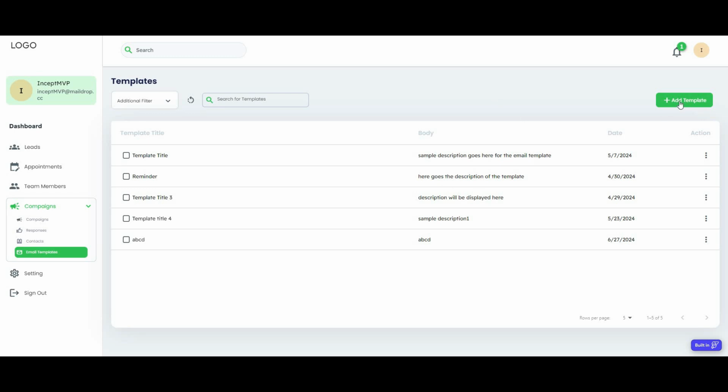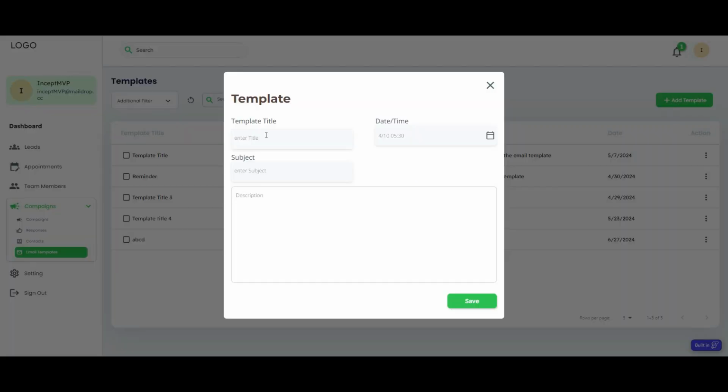To add a new template, we'll just simply click on the add template button and add in the template title, the date and time, the subject of the email, and the body. And to just save this template, we'll just simply click on the save button and a new template will be